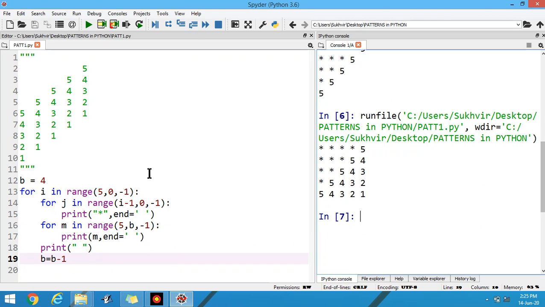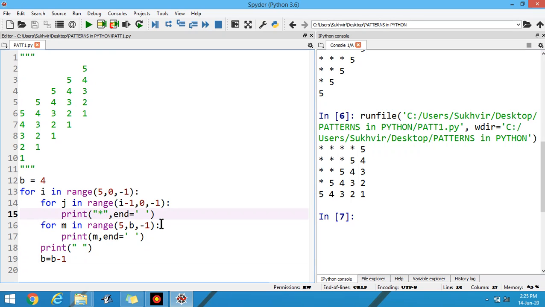It means first time the value of b is equal to 4 and second time the value of b is equal to 3. It means it will execute from 5 to 4. And next time if the value reduces, it means it increases by one value. 5 4 3, then 5 4 3 2, then 5 4 3 2 1.